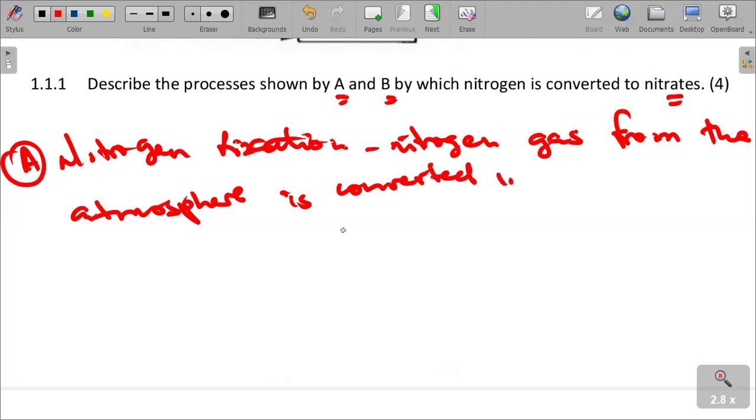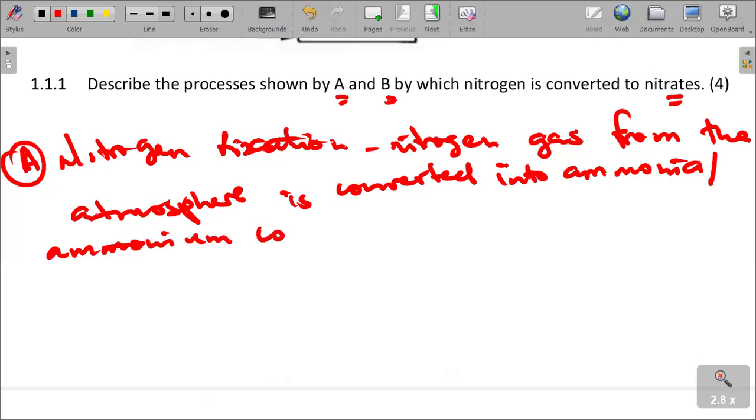It is converted into ammonium compounds, and then